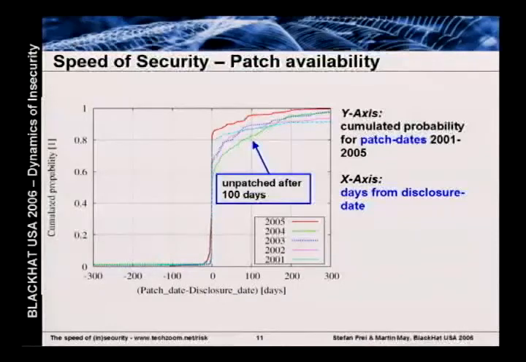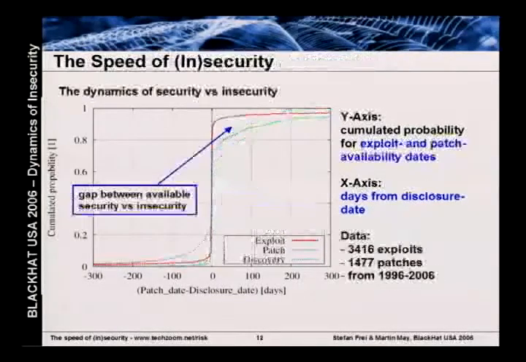So most interesting is now if we compare the speed of security and the speed of insecurity. We did it here for all the data we had for the last 5 years. The red curve shows the speed of insecurity, the availability of exploits, and the green curve shows the speed of security, the availability of patches. Unfortunately, the red curve is always above the green curve, so we see, especially after the disclosure date, that the exploits are made available much, much faster than patches. And the gap between